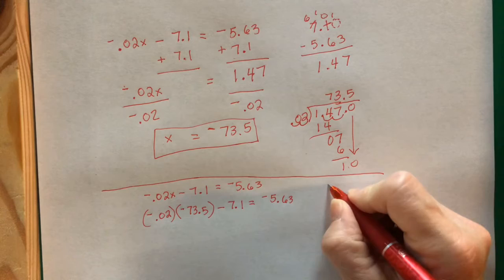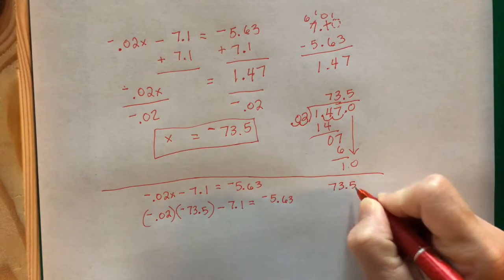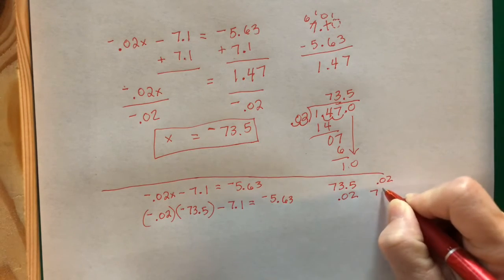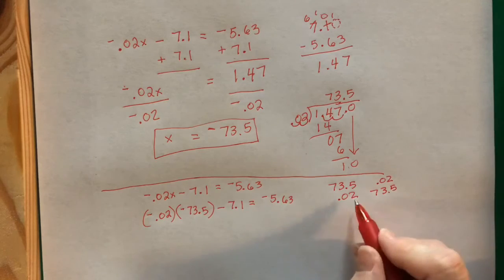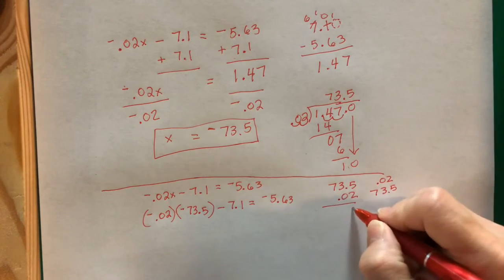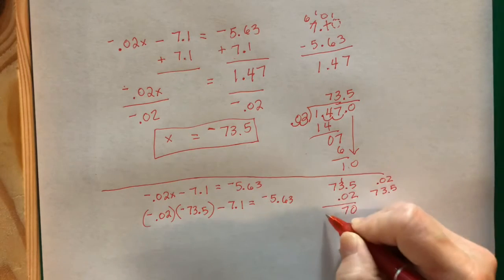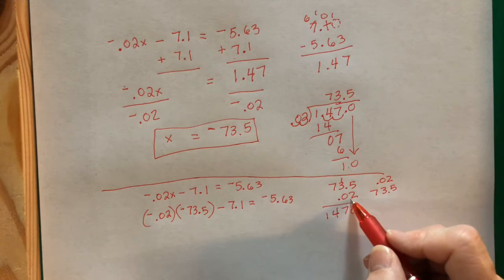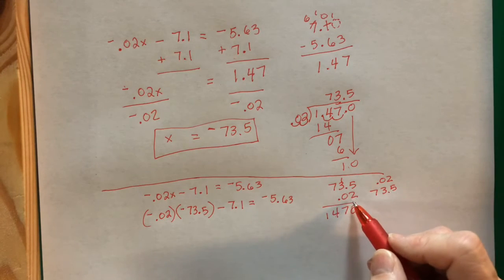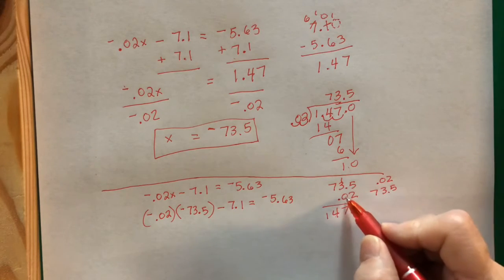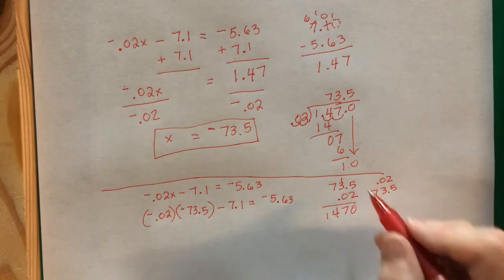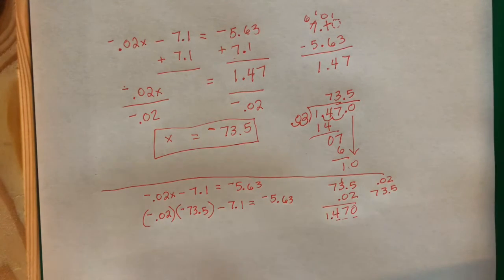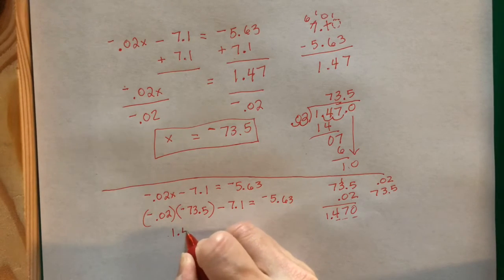So I'm going to do 73.5 times 0.02. You could always write it like this, but why make it look harder? I think this is an easier way to write it when you're multiplying. So we get 1470 because we multiplied it just like we do when we're multiplying something with no decimals, but I count up the digits, 1, 2, 3, 3 digits after the decimal, so I want 3 digits after the decimal in my answer. So I'm going to get 1.47